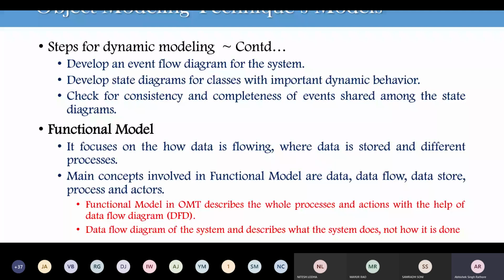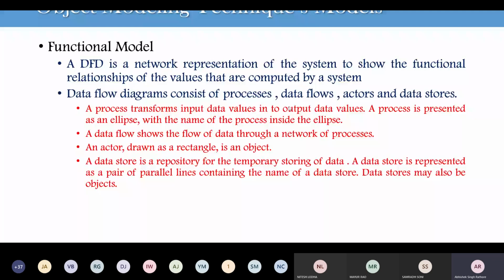Then what is a DFD? When we are going for DFD, I think you are aware of it, so I will not go into the data flow diagram in detail here. Just a brief overview. This data flow diagram consists of different processes, data flows and actors. When I say actors, it means the users of your system. Then your data stores or your data marts. This data flow diagram consists of your input data and your output data.